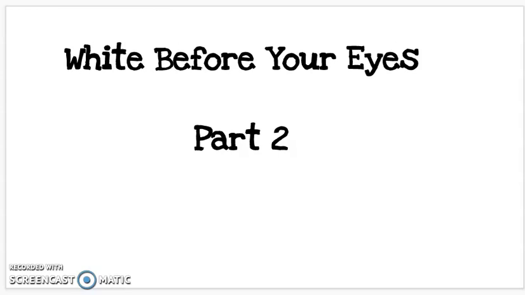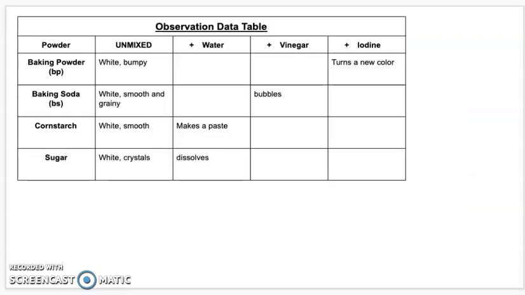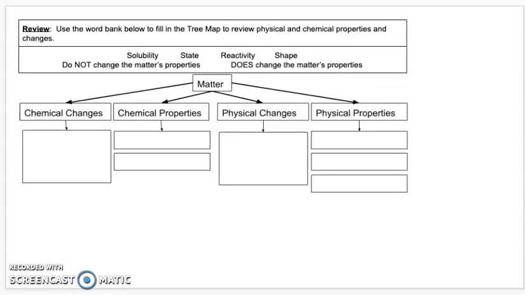So yesterday you made your 12 circles and you combined all of the powders with all of the liquids. Then you went in and you filled in your observation data table. So you should have what they look like unmixed and then mixed, and hopefully you have things that are very descriptive. So before we get started on actually figuring out if these were physical or chemical changes, and if they were a physical one, which one, and if they were a chemical one, which one, we need to fill in